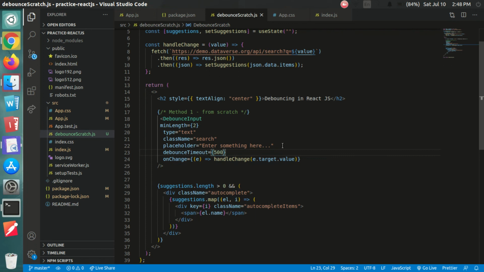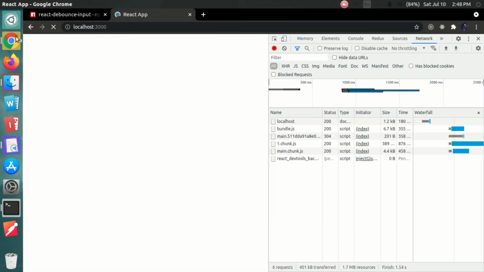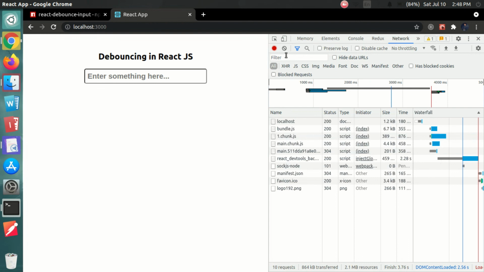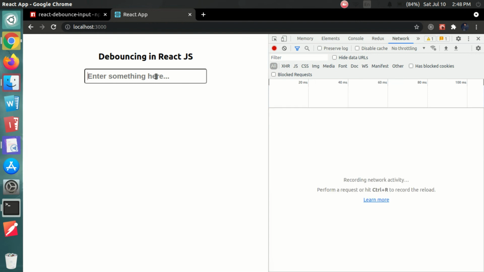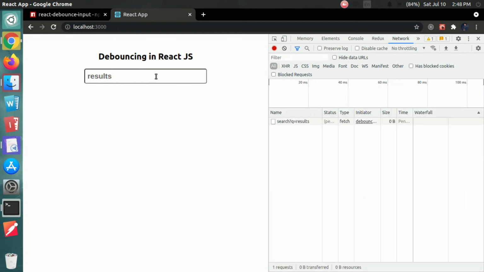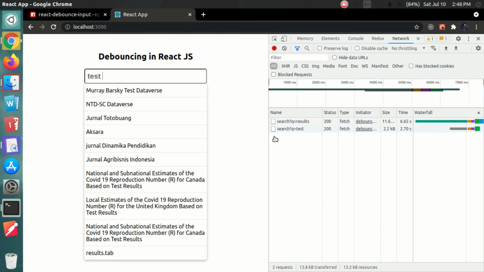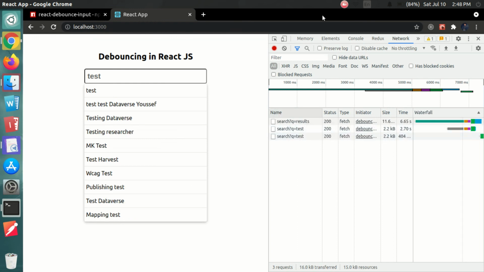Now if we save the changes and go back here, now if I type something, let's say results, here it again works the same, test, then again the request is only made when we completely type test. So this was the third method to implement debouncing.